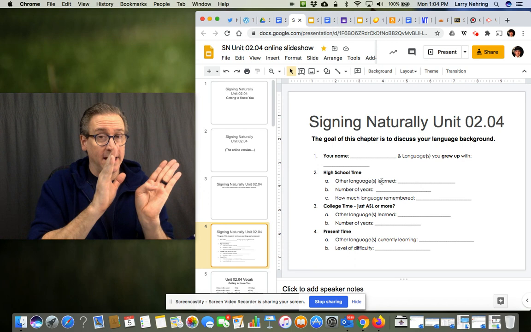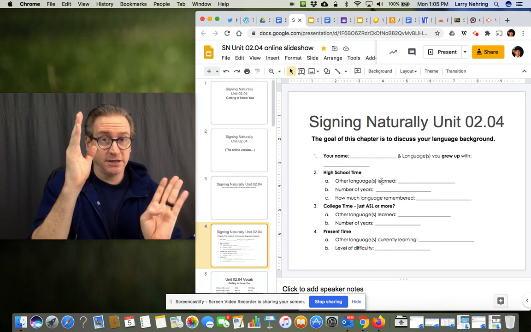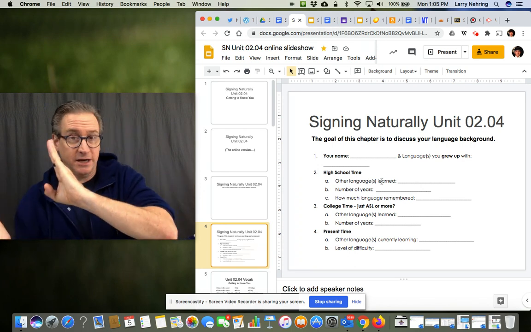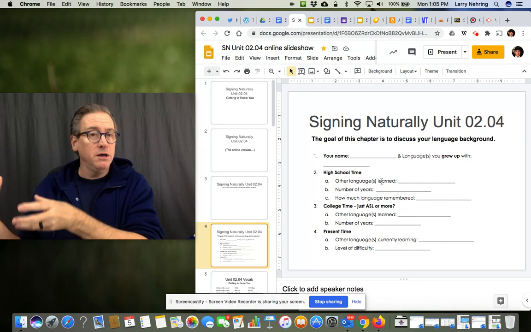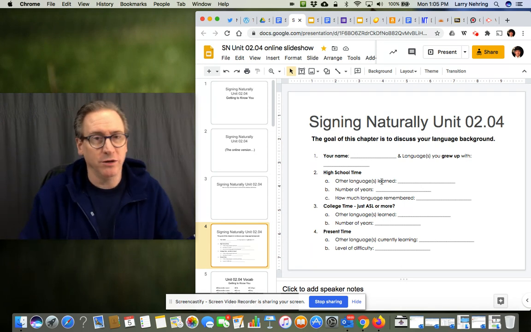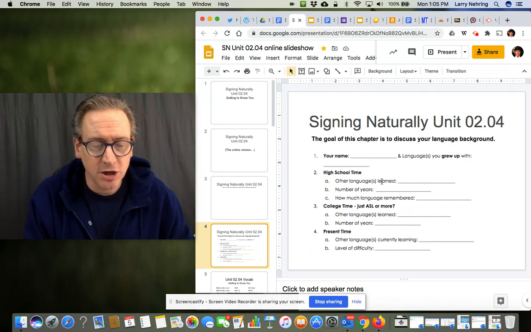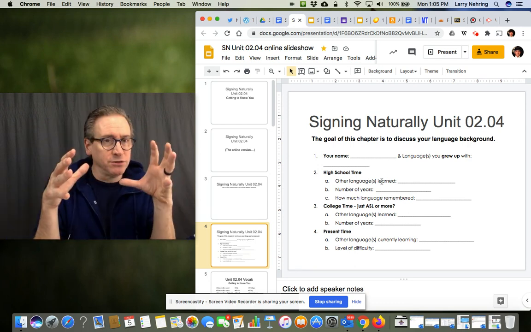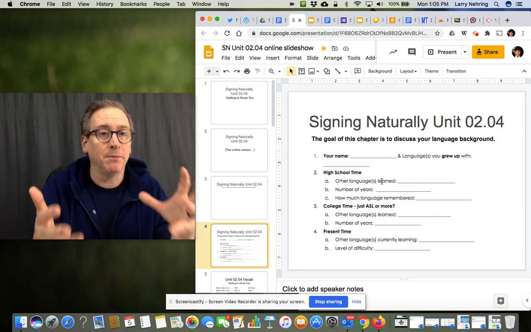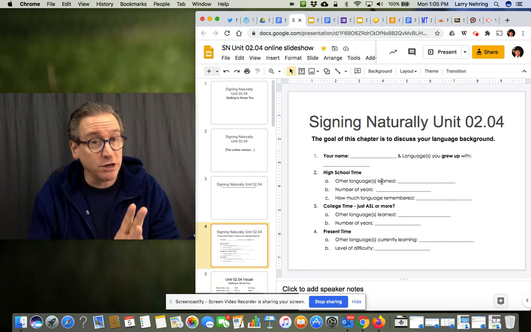Then we're going to look at time-wise. What did you study in high school? What are you or did you study in college? And then now, what are you studying or what are you using? So, now that you're all college students, this may not necessarily apply, but if you're a returning student,